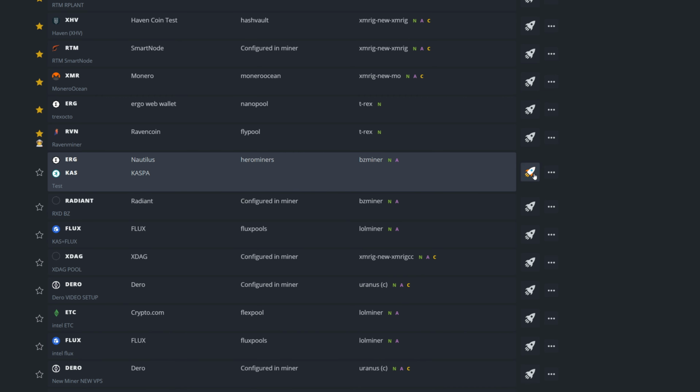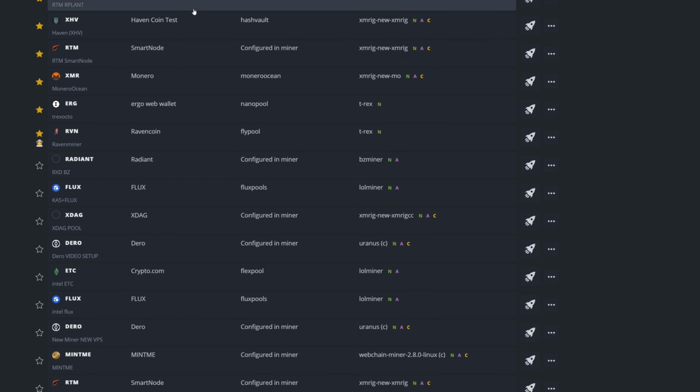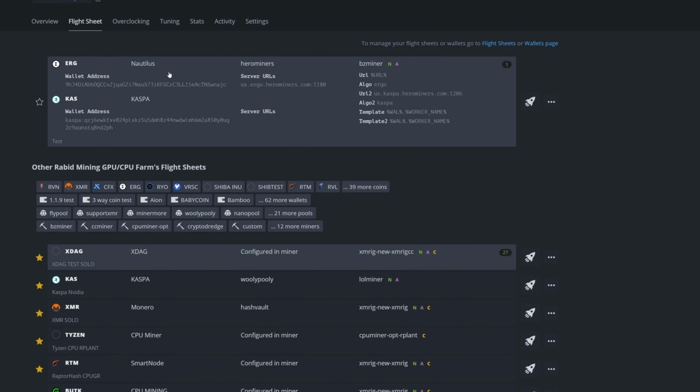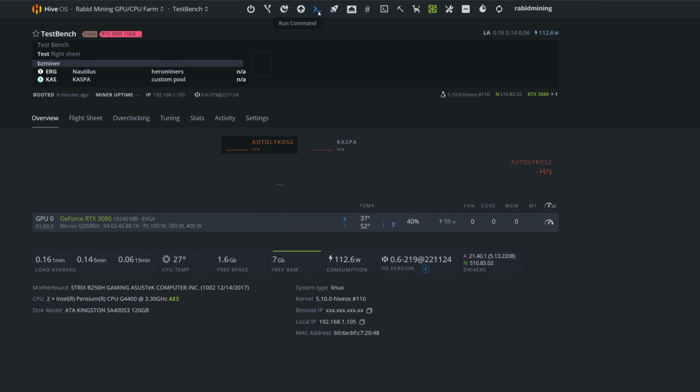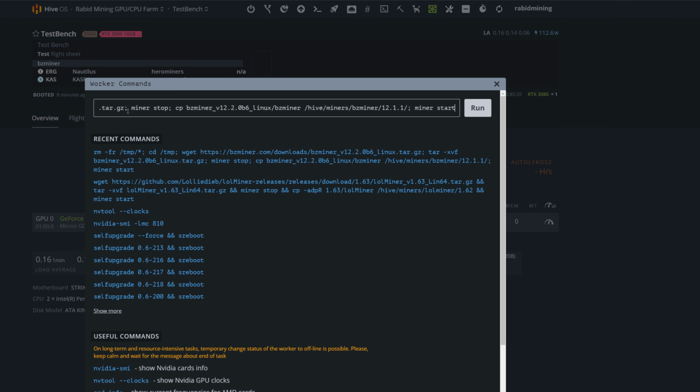So what you're going to do is run the flight sheet we just made. We're going to go into our test bench now, overview, and then we're going to come up to here. It is the miners running now. We're going to go to run command and paste this command in. So I'm just going to roll through the command right quick for you guys, just so you guys can see